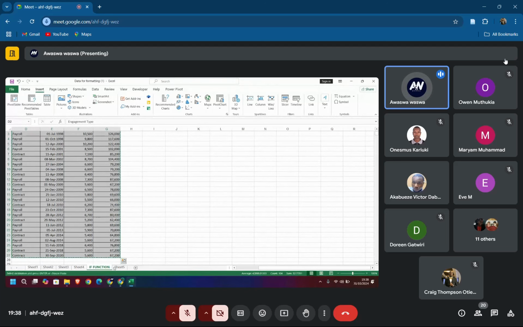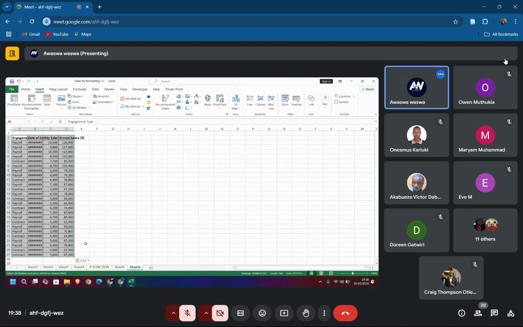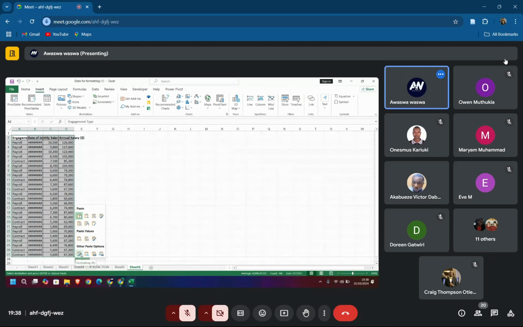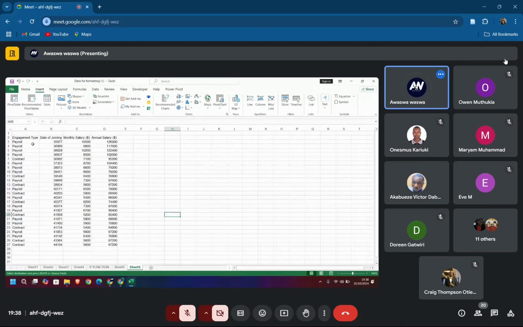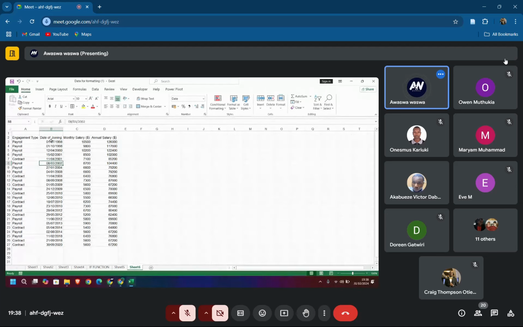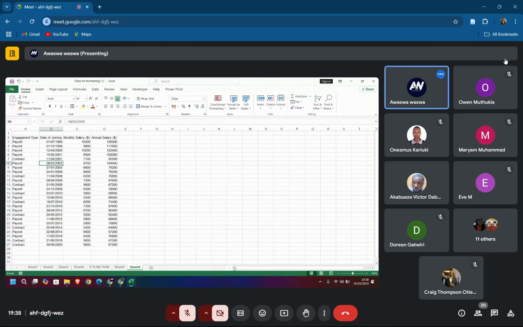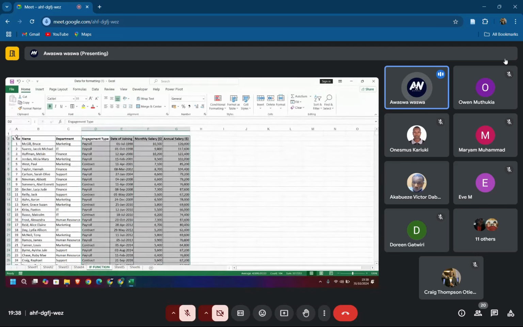So sometimes when you copy your data, it's good to copy it as value. Don't copy it with its original format. These dates, you can see those dates have changed. So the first thing to do is to do the formatting. Make sure that everything is showing up well. So what I will do, I will just